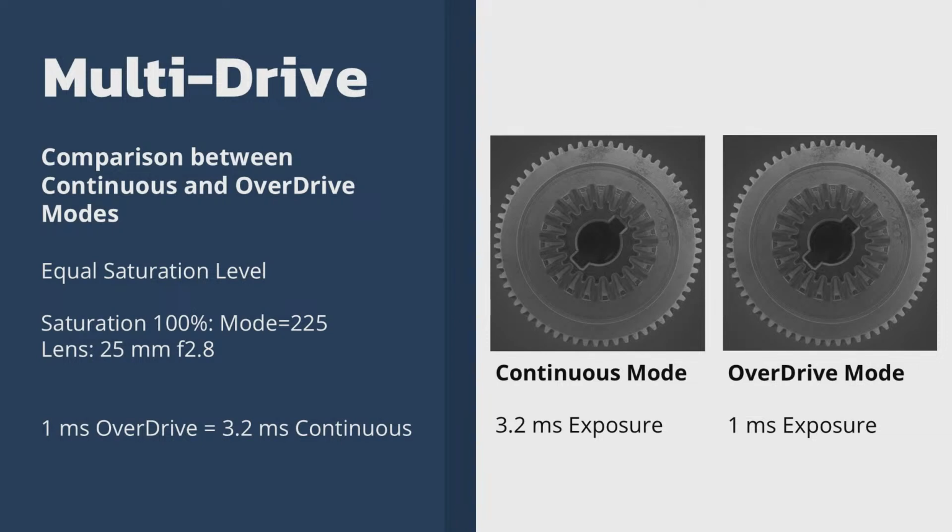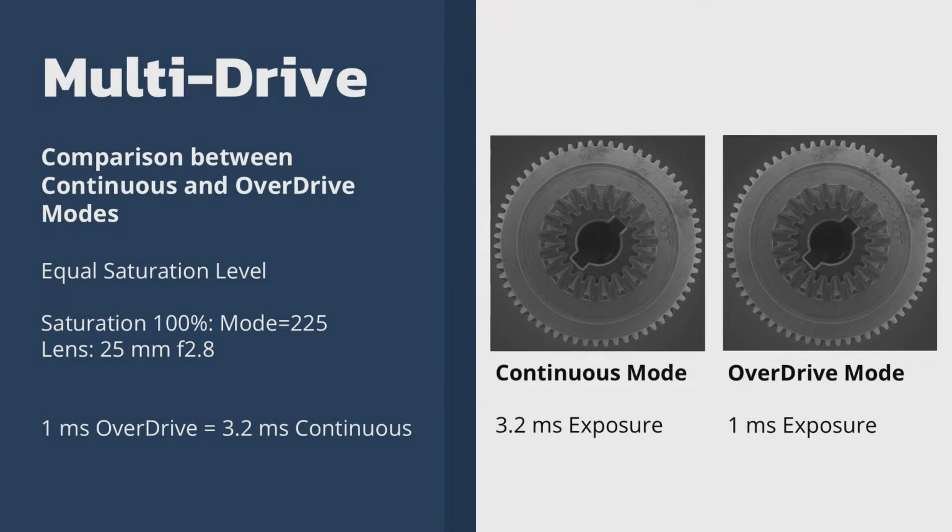But what you find is that I got the image with the overdrive mode in only 1 millisecond of exposure. Whereas on the right, to get it back to the point of my previous slide, I had to increase the exposure time up to approximately 3.2 milliseconds to get a proper exposure on the image on the left in continuous mode. So you can look at overdrive gives you 100% saturation when it would only give me 25 to 30%